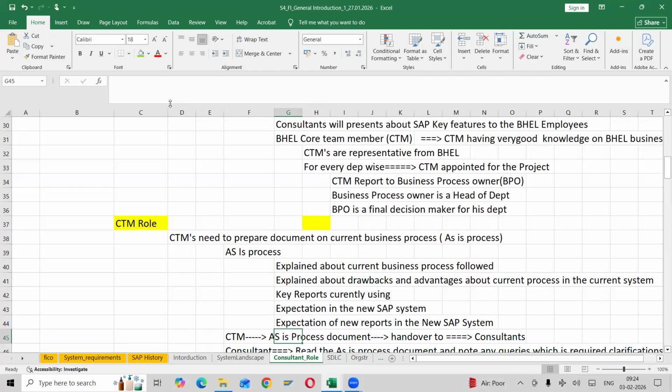Next one, same thing, expectations regarding reports also. The expectations consist of all. Clear? So next one, as I said, the CTMs will prepare the as is process document, and that